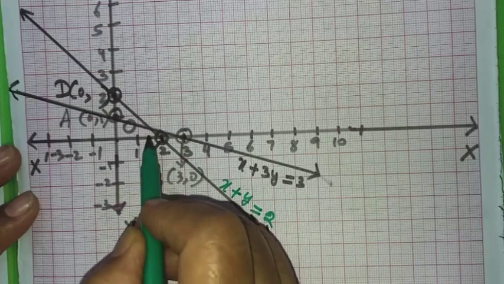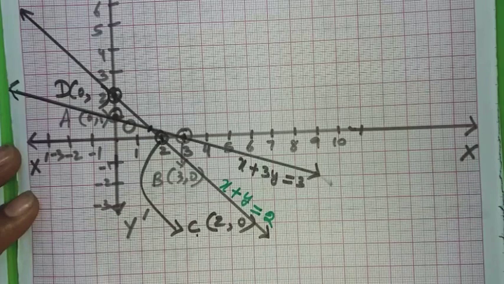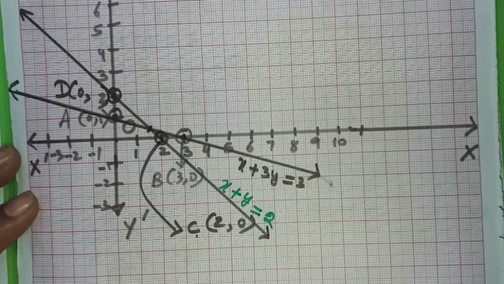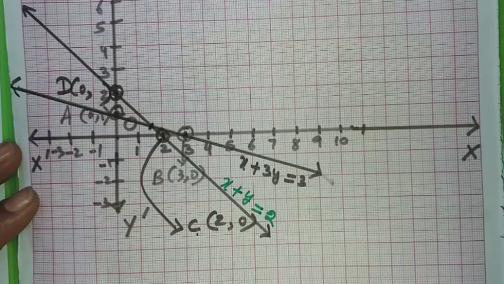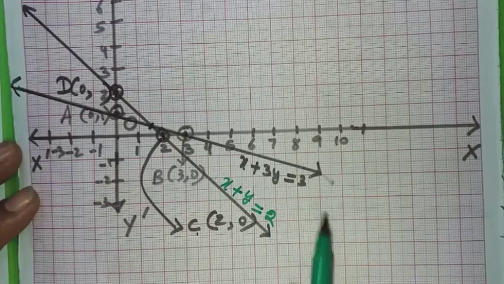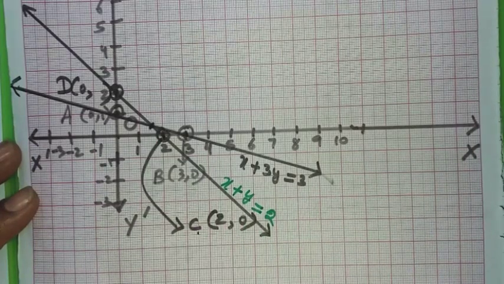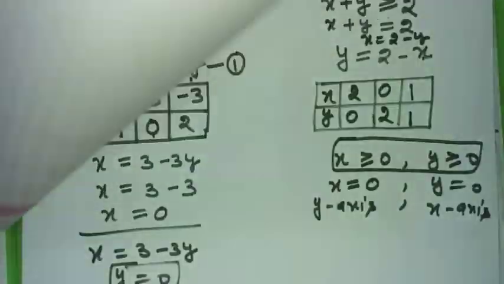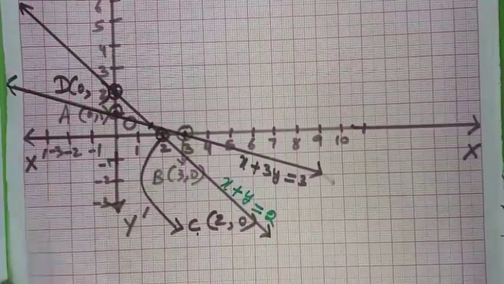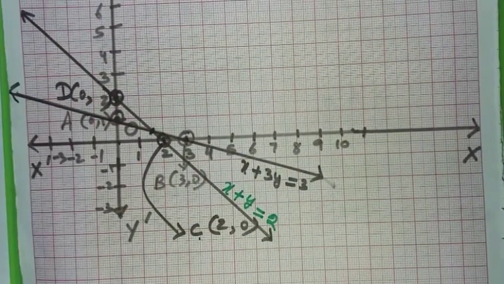Now you can also see that these two lines are intersecting at this point. So we have to find the coordinates of this point also. So although we have to find the points graphically, in case you have some ambiguity, you can solve these two equations by elimination method, and then also you can write that point here. So now I see that the other two inequalities were x-axis and y-axis, which are already there. So now I have to shade the regions represented by these lines.